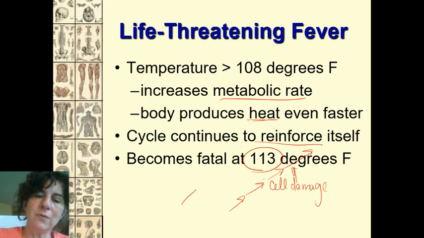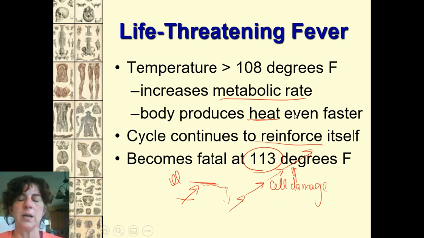Again, you want a raised temperature when you're ill. If you have a pathogen of some sort, you want to raise a temperature, but you don't want it to go too high. You kind of want it higher than normal, but not too high. And then eventually, after you're not sick anymore, come back down. Well, with life-threatening, it just keeps going and going and going. Too high, and it won't come down. You've got to take drastic action. You've got to do an ice bath or something to get that body temperature back down, because your body can't do it itself.